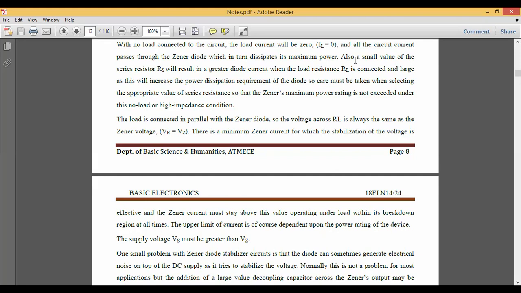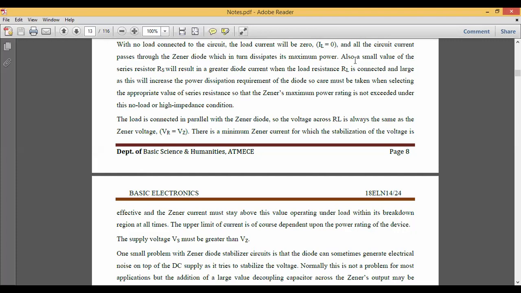When you measure the maximum, the power will always be maximum, because we don't have any path where the current will be utilized. So if you try to put some load, then there will be some kind of effect on that particular breakdown region all the time. And when you try to set some limits, either the upper limit or the lower limit, based on that current limit, the power rating of the devices will also change.